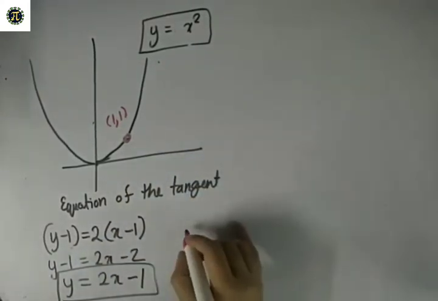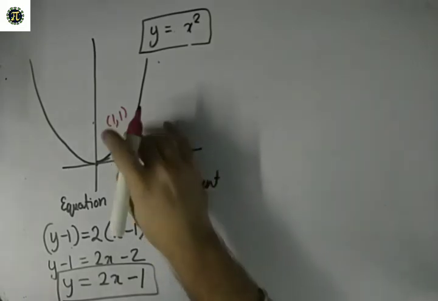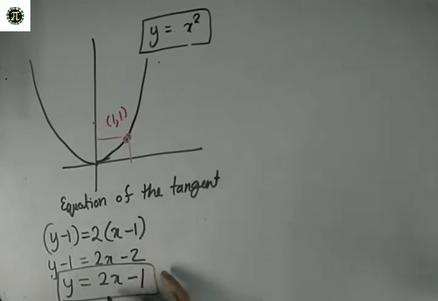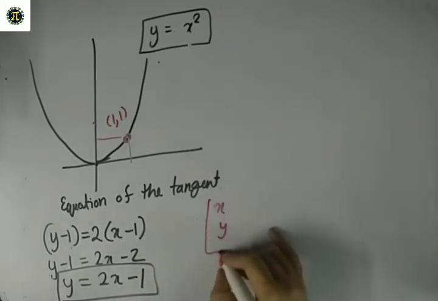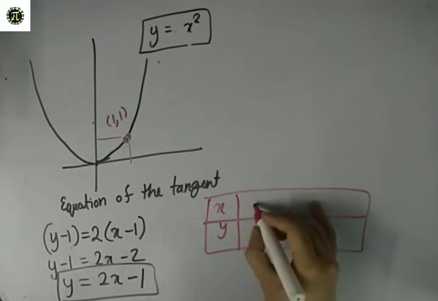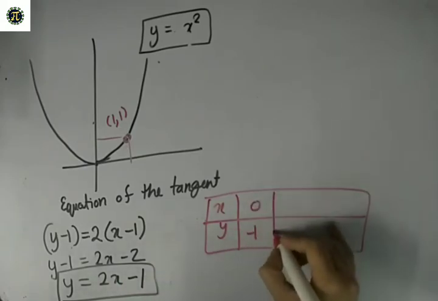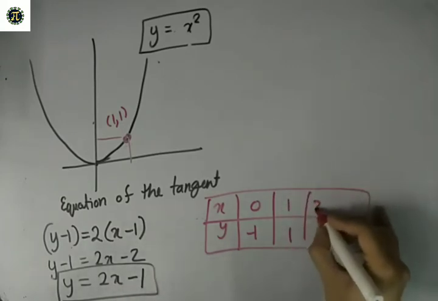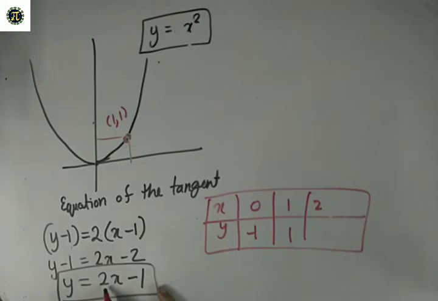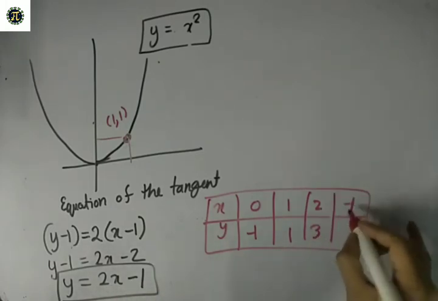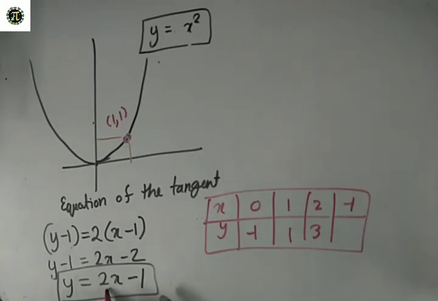Okay, where will this line go from? So (1, 1) is somewhere symmetrical, right? 1 and 1, and for this line, let's say x and y, I can make a box like in class 10th, and I can say at 0 the answer is -1, at 1 the answer is 1. At 2, what answer is coming? At 2 the answer is 3. For example, we can also find it at -1. At -1 the answer is 2 into -1, right?